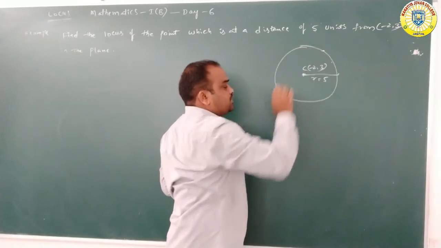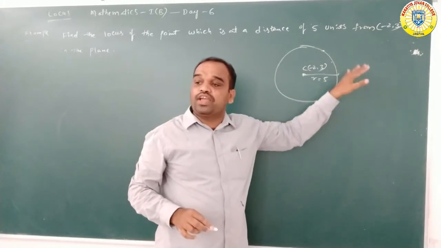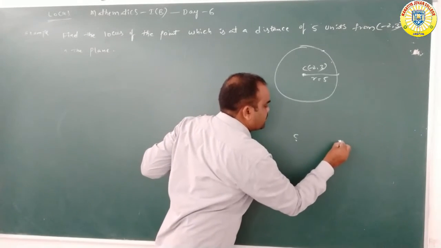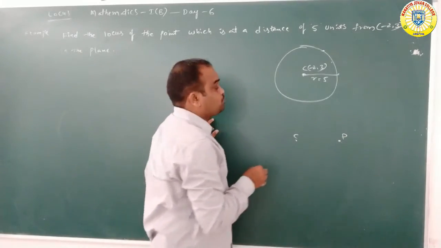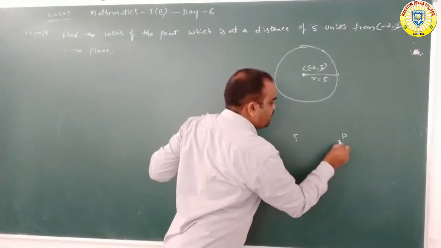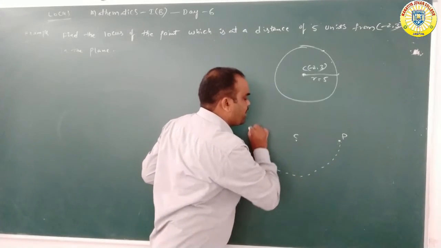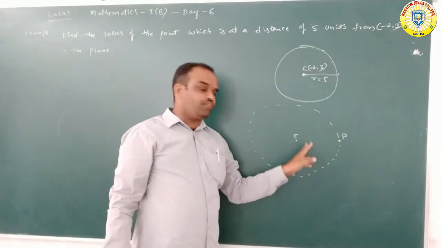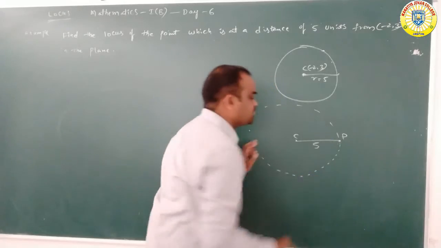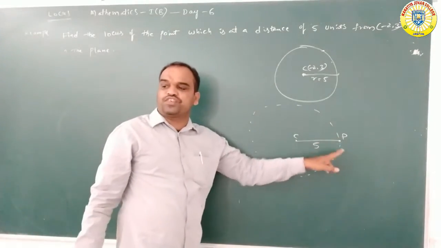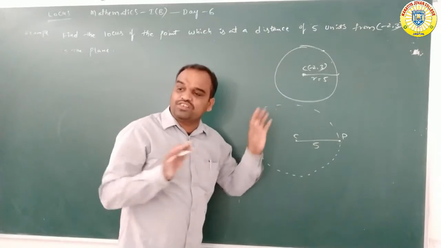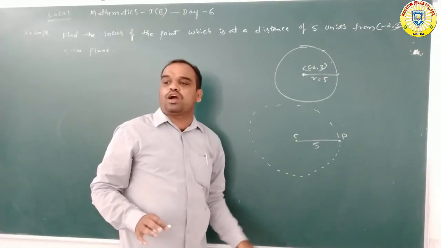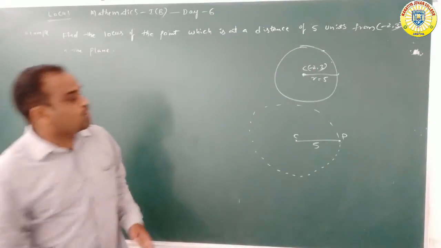We are denoting the points that are located at a distance of 5 units. Suppose this is the fixed point, and P is the point we are taking. This point P is located 5 units away. Like this one, all the points also satisfy our given geometrical condition. What is our given geometrical condition? 5 units distance from the point (-2, 3). Understand?